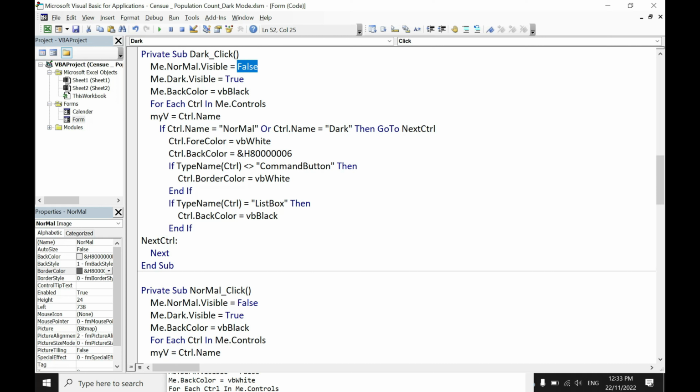Like this is false, then I have to make this true. This is true, make it false. This is black, make it white, and this is white, then make it black. This is gray, it means I have to make this white, and this is white, then I have to change to black, and everything will be opposite.